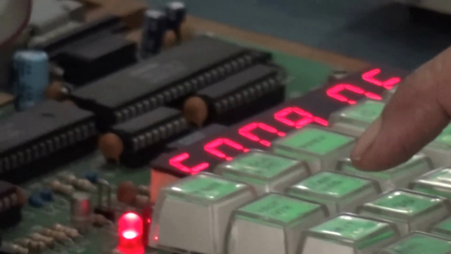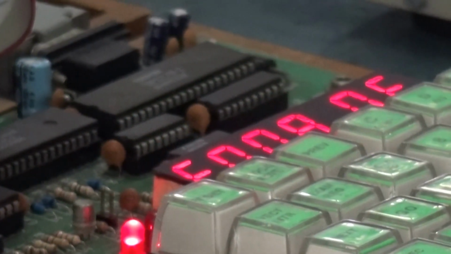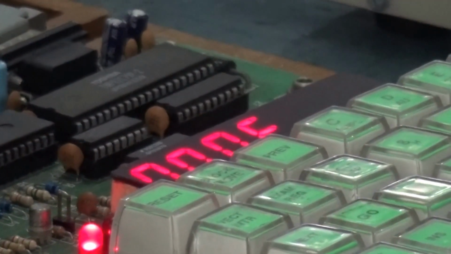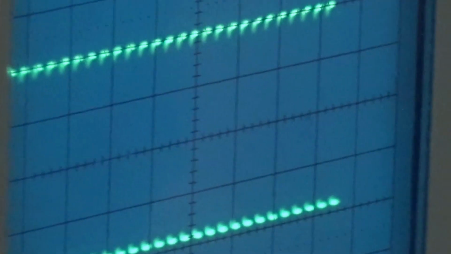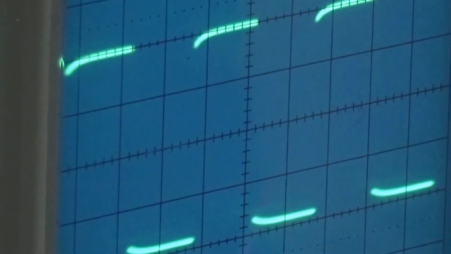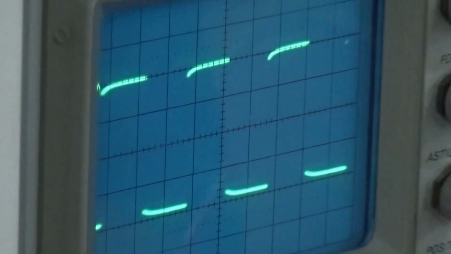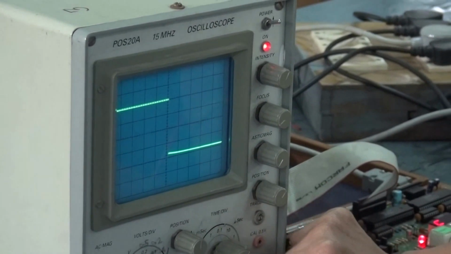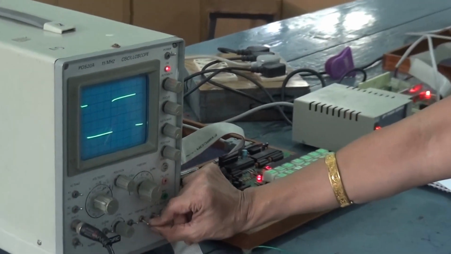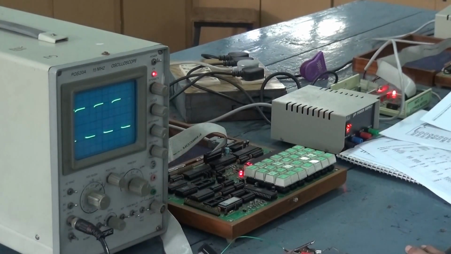Suppose I reduce back. 0F I am taking now. First I have taken FF, then AA, then again 0F. Reset. F1000. You can see it is reduced further. You are not able to see this in 0.1 millisecond range. Reduce this, you will be able to see this. Now you have this multiplier. Whichever scale is convenient for you, accordingly you choose and measure the time.